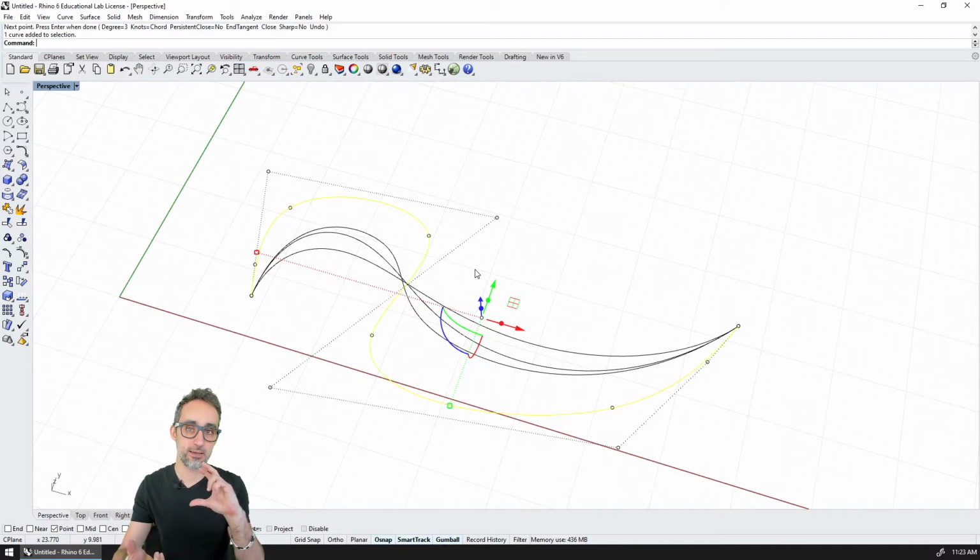So in a way, it's like creating the curve the other way around. Instead of giving it the control points, I give it the points that I want to pass through, and then Rhino will figure out what the actual control points of that curve are.